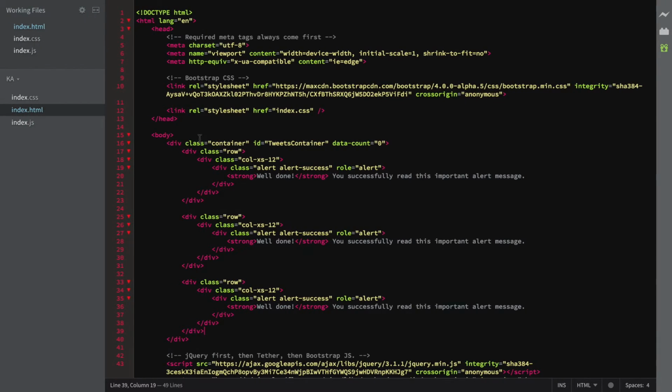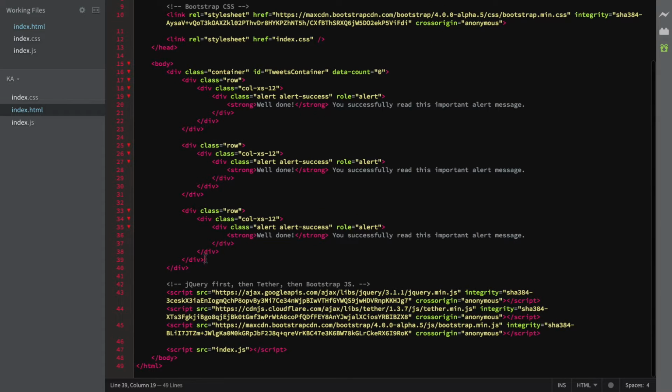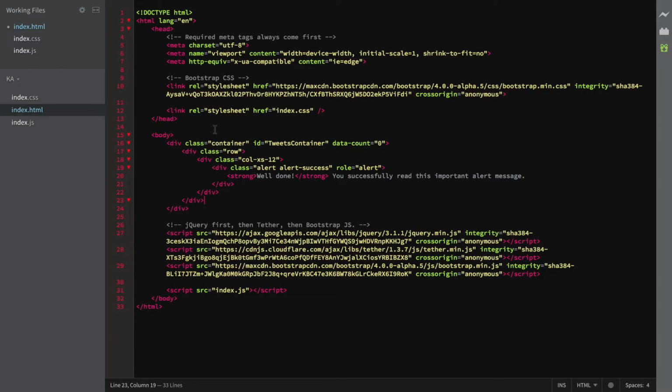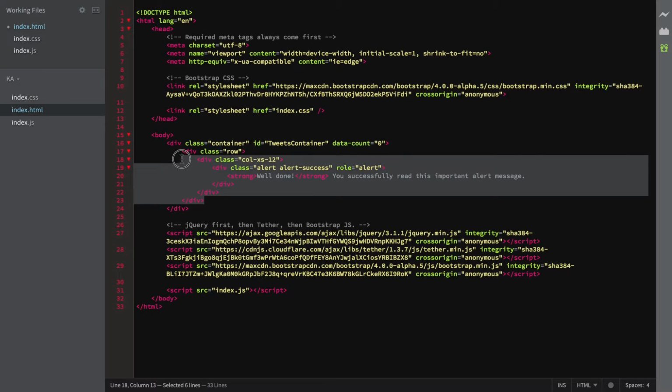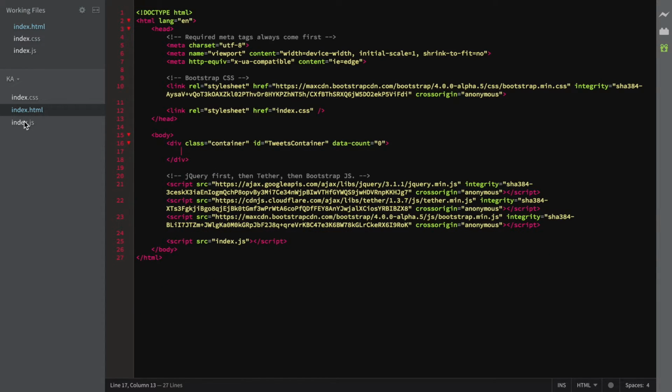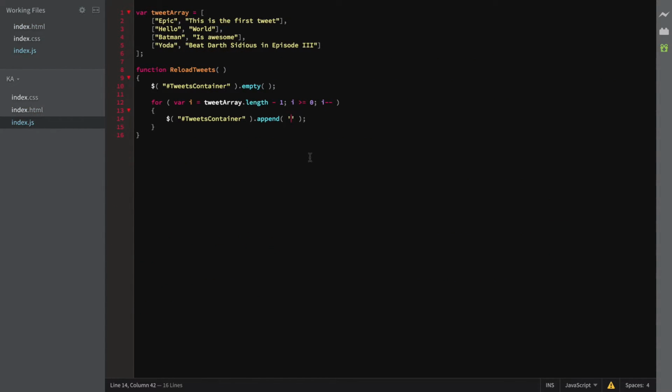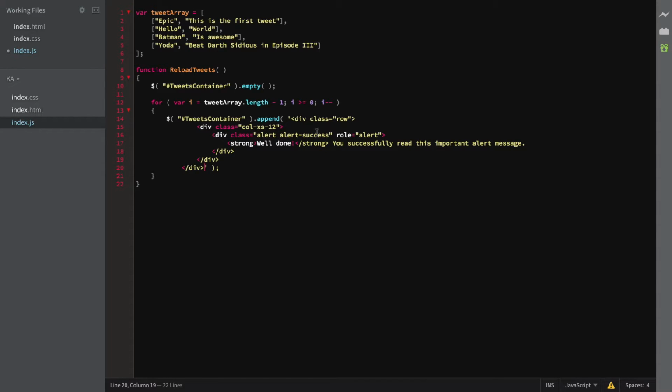So what we were going to do is get rid of all of this. Just cut this particular tweet out, and in the JS file, this is where we're going to be appending it. We're going to replace the "well done" with a single quotation mark, which will break out of our text, and we're going to add a variable. We'll be putting this all on one line, so it'll look a lot better and it will work